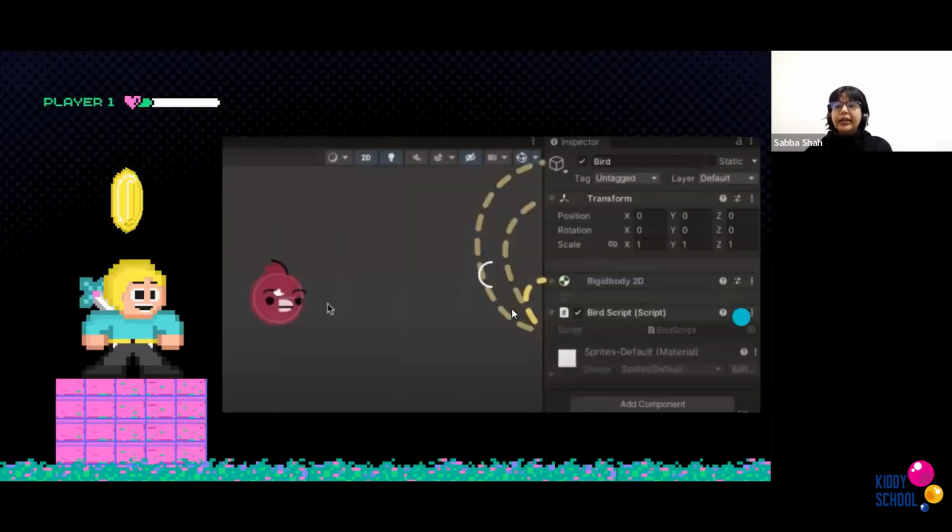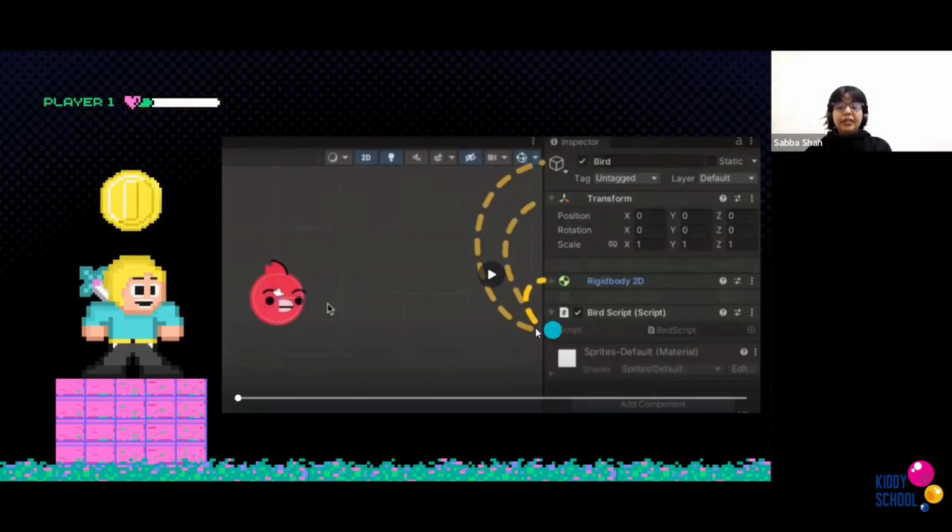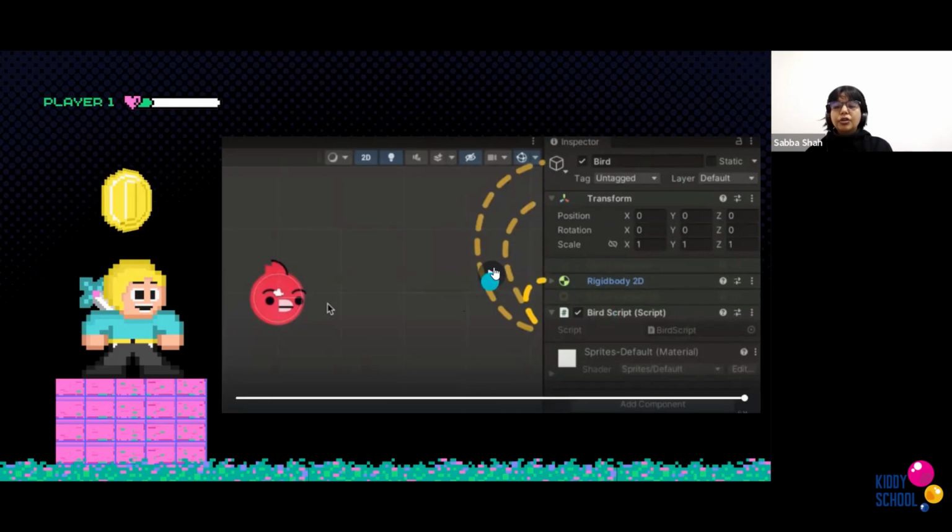So right here, I have a component. So you can see right here, I have different additions that I add here. So I have a character that is called Bird, and then I added to it a rigid body. Then I added a script, so that it can move whenever I press the space bar. I added this script right here, and I'm going to show you what that script has inside of it. But before that, I'm going to play this video,